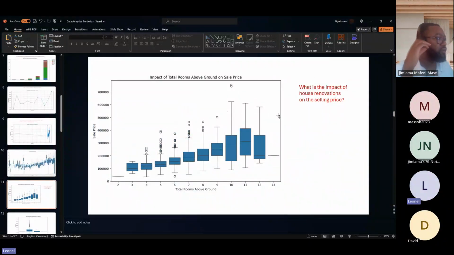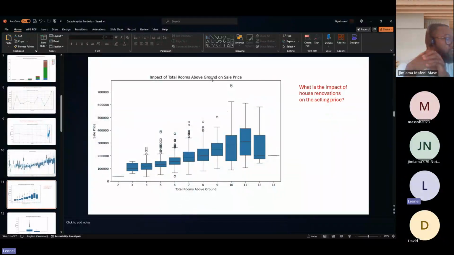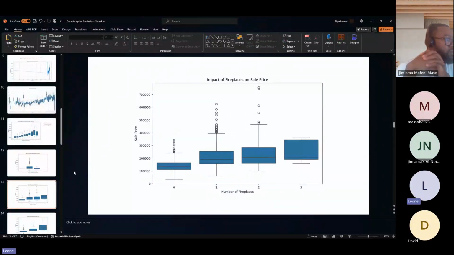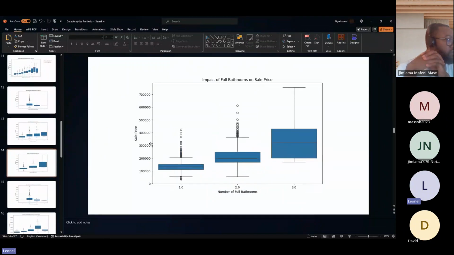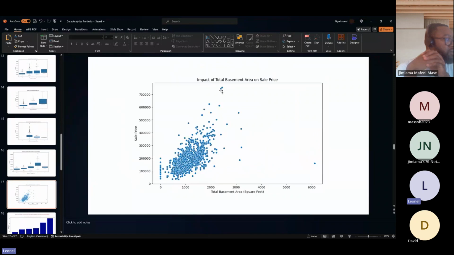Now we are moving towards what is the impact of house renovations on the selling price. So I took into consideration different renovations, like the total rooms above ground was the first one. We also have the impact of kitchen above ground. Then we had the impact of fireplaces. Then we have the impact of full bedrooms, the impact of number of garages, and the impact of total surface